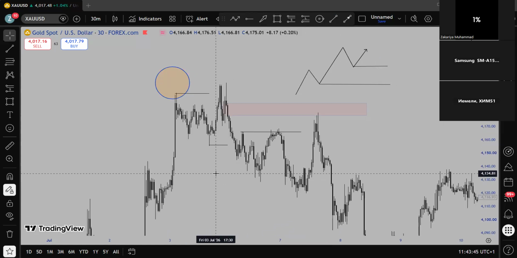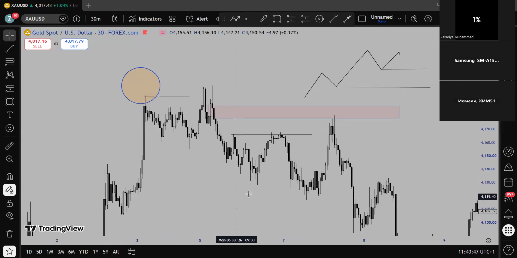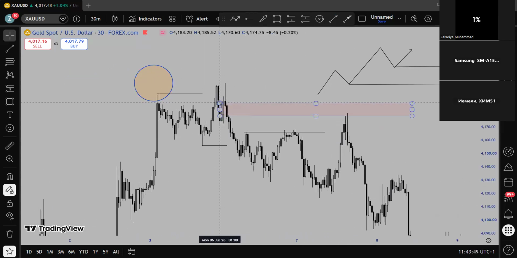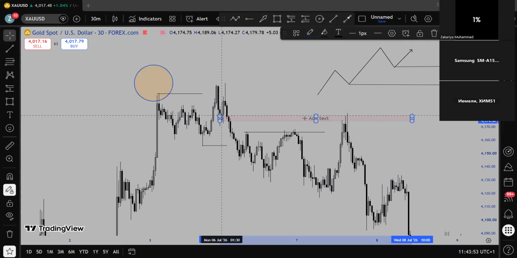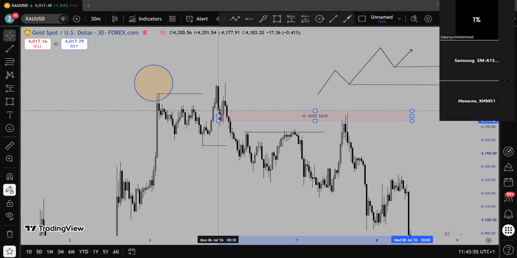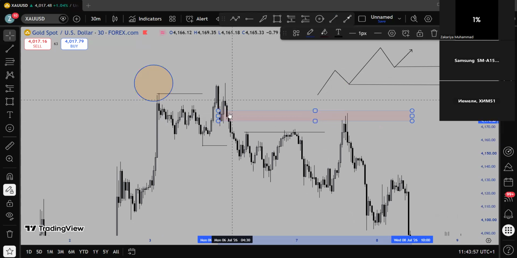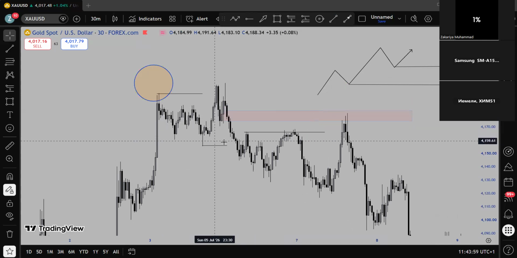So this is the 30-minute time frame. You see, in the 30-minute time frame, instead of that OB, it's a breaker block there. We have a breaker block inside the OB. But in the 1 hour time frame, it's an OB. Do you understand? So based on what we see, based on what we know, after break of structure, we use the